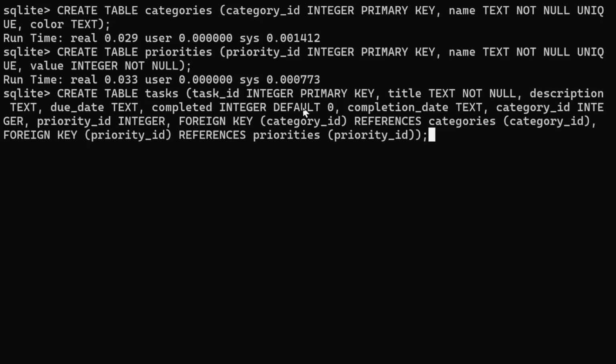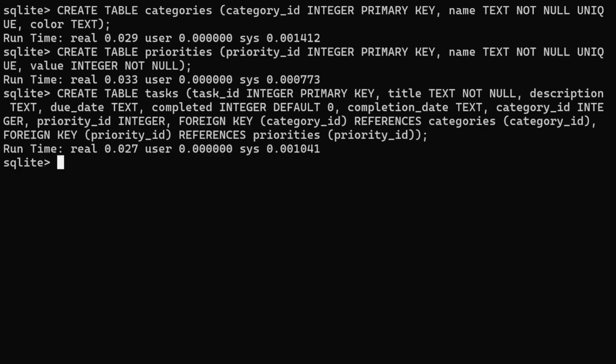We use integers to store it. The 0 is considered as false and any other value as true. Usually we consider 0 as false and 1 as true. And again we have a completion date, and we have category ID and priority ID as foreign keys which reference the categories and priorities tables.